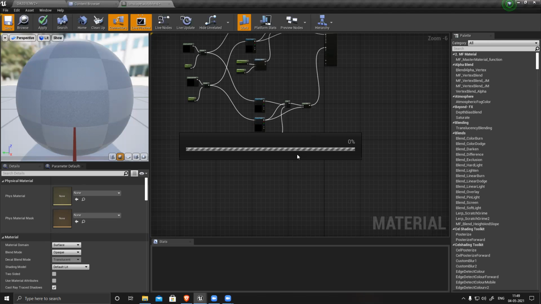And sir, what if we are using three of them? We can use three also. I'll create one more texture here. I'll show that also. And sir, can we still do vertex painting on top of this? Yes. If you have this landscape layer blend, you can paint it everywhere. This basically activates your vertex painting.